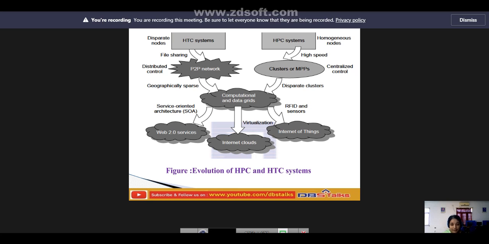Now we are briefly discussing the HPC system. For many years HPC systems have given importance to speed performance. The speed of HPC systems has increased from Gflops in the early 1990s to now Pflops in 2010. So in the early years we used Gflops in the 1990s, and now we are using Pflops in 2010.